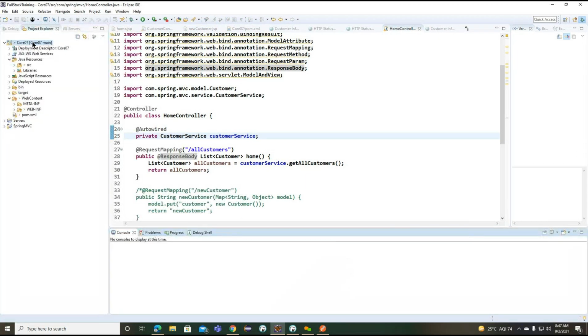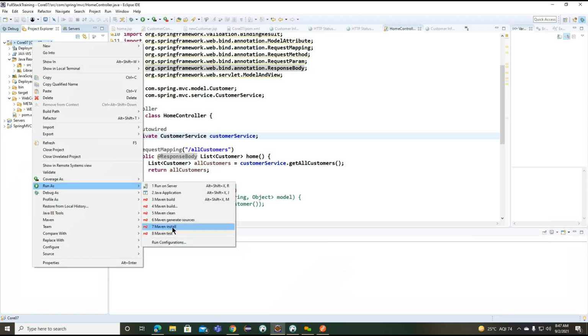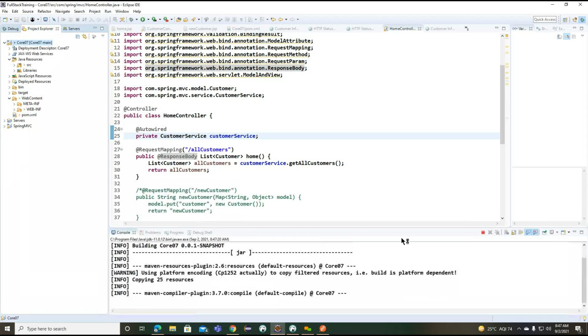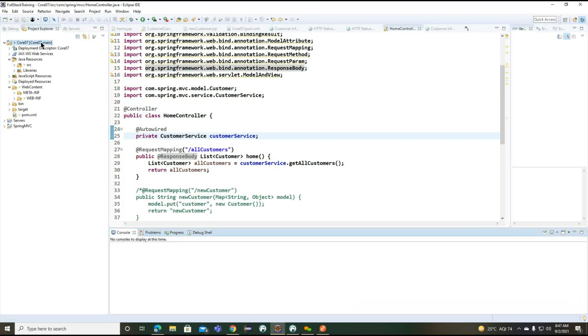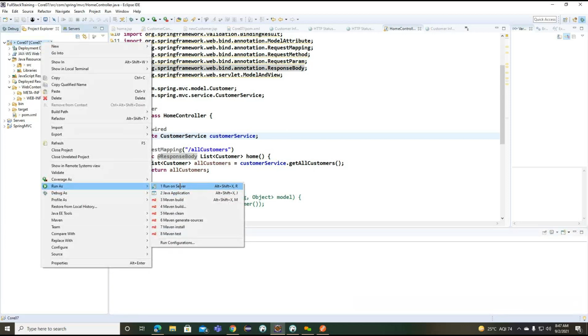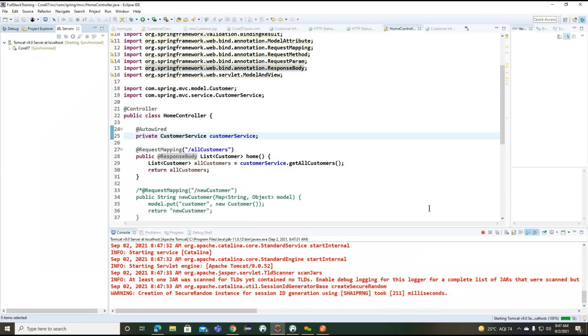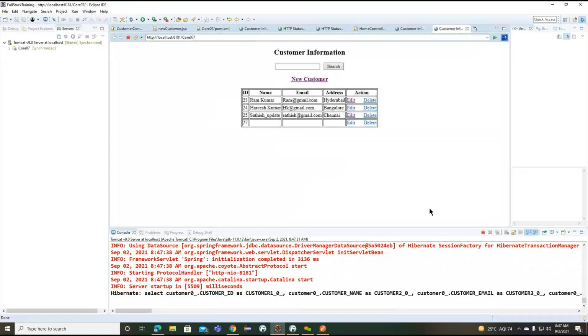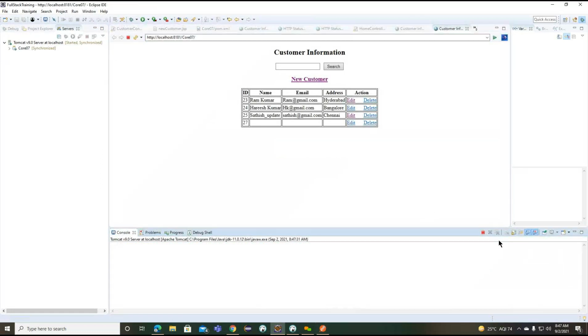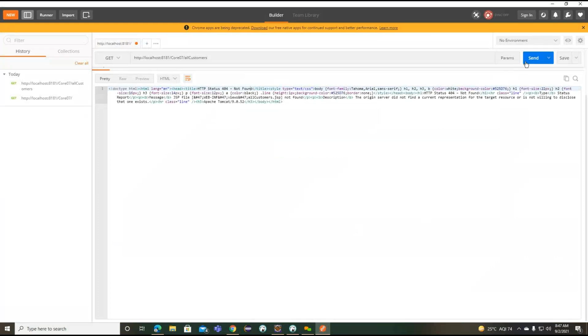Just for understanding, I'm showing here why: without adding this particular ResponseBody, what is the exception we are getting here, and with this ResponseBody, what is the exception we are going to get, or whether this particular data is returning or not. So everything we are going to understand from these REST APIs. Okay, now I'm clearing this console. One more time I'm sending the request here. Not acceptable. Target resource does not have a current representation that would be acceptable.